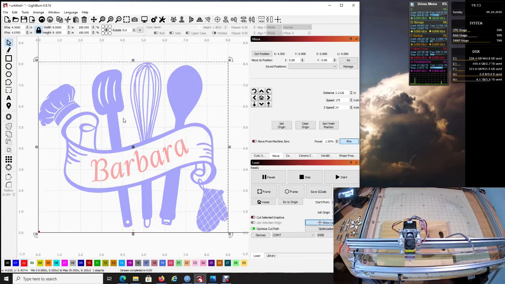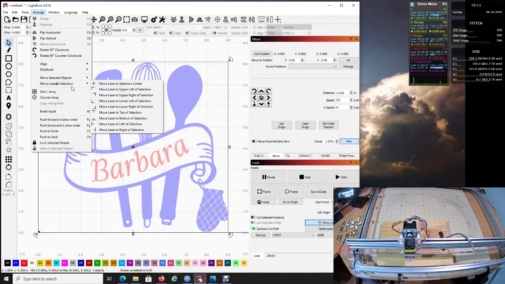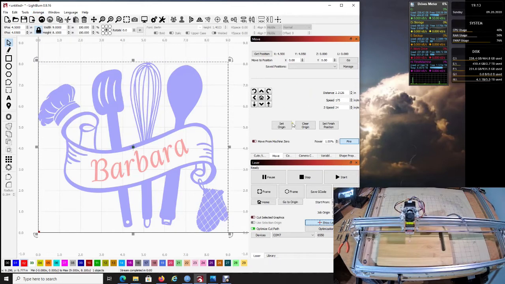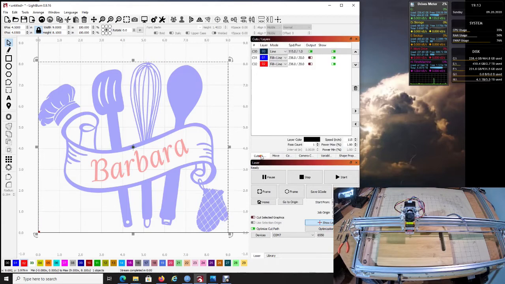So let's say, go to Arrange, move laser to center of selection, and then we're going to come to our software and choose Set Origin. So what's important here is now the software knows that this is our user origin. It thinks that's where the laser is. We're looking at it here, and it is exactly where we want it at. So let's turn the fire off, turn the laser off,